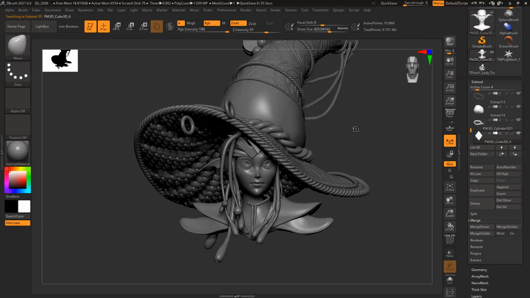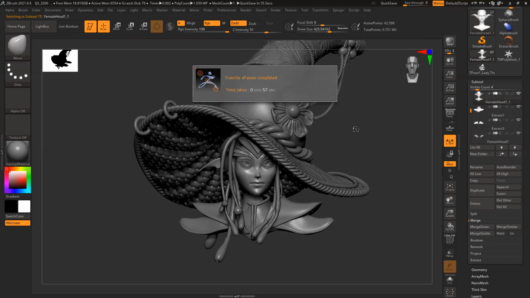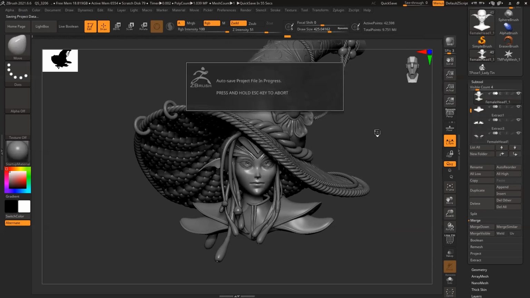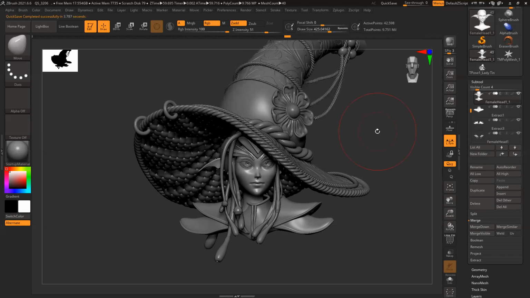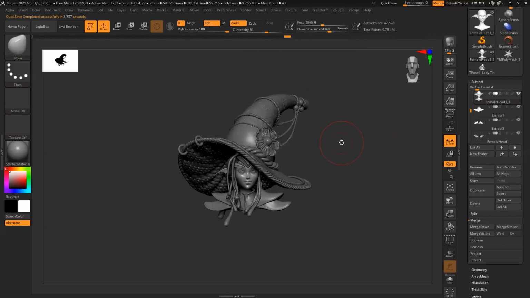Okay. Easy. It's very easy, very convenient also, and posing becomes very easy basically. Otherwise, if you try to do it manually, it becomes very difficult. You have to go back to each and every subtool and manually rotate and change the position, mask each and every one. So it becomes very difficult.